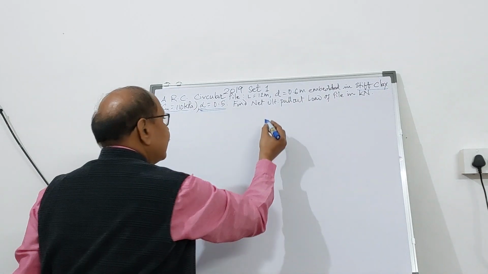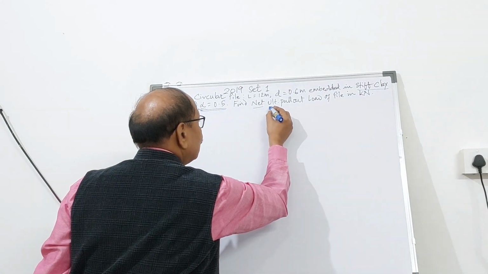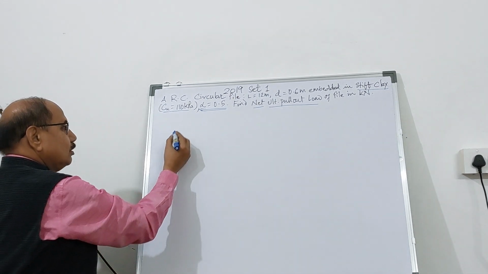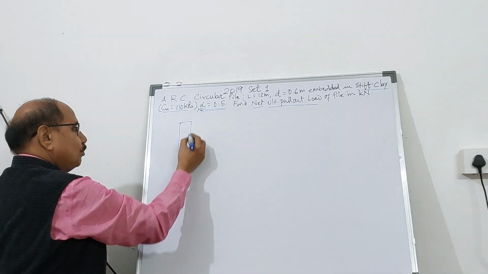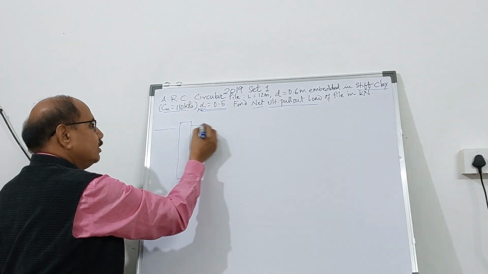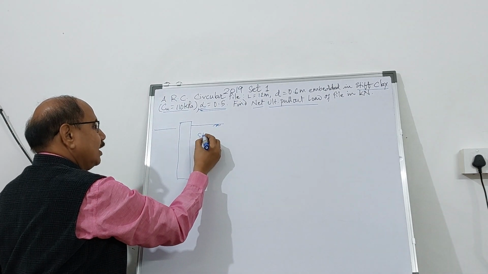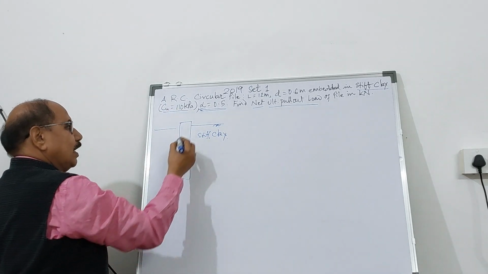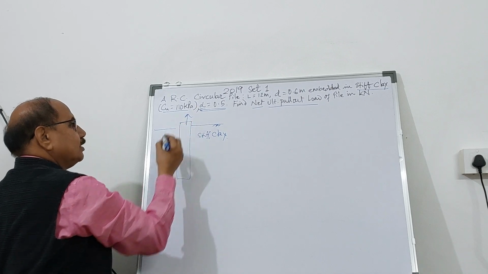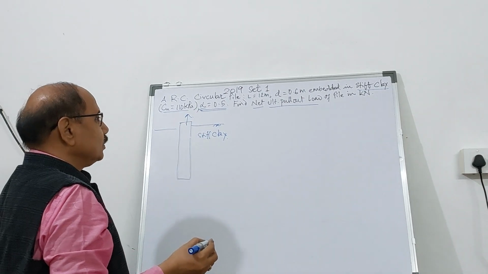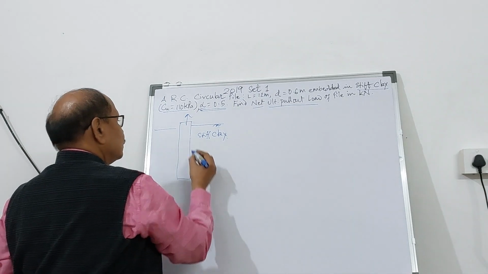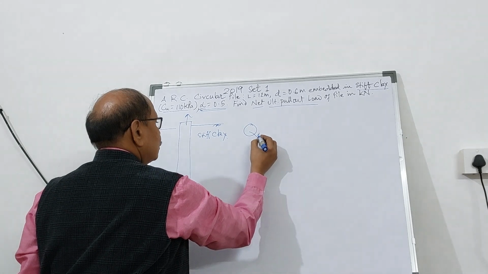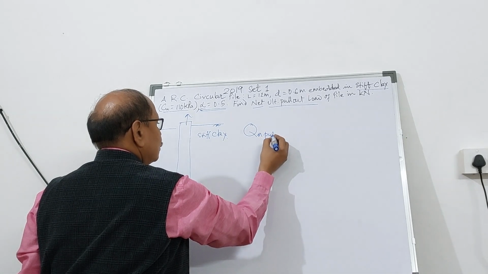And you need to calculate net ultimate pull-out load of the pile in kilonewton. So you have a pile embedded into a stiff clay, and you need to calculate the pull-out load, net pull-out load. So net pull-out load, Q net pull-out,